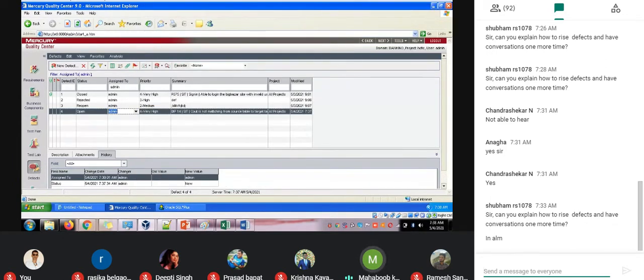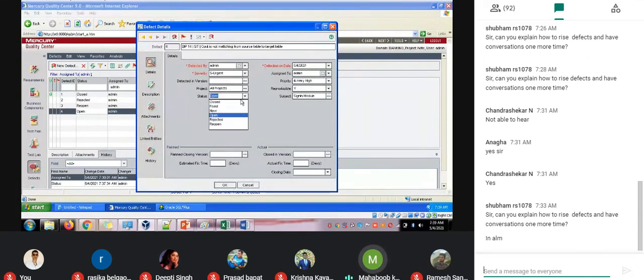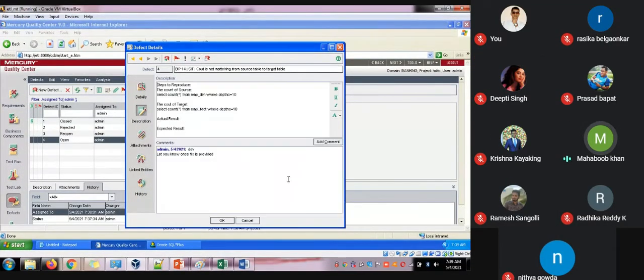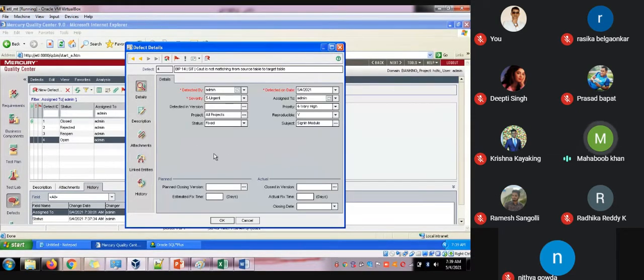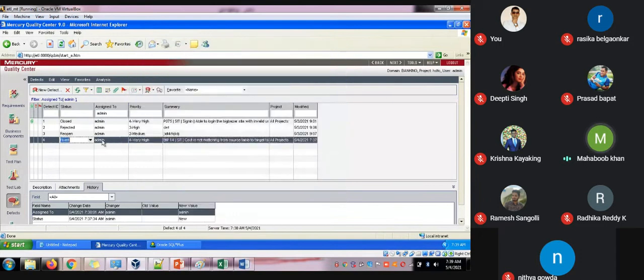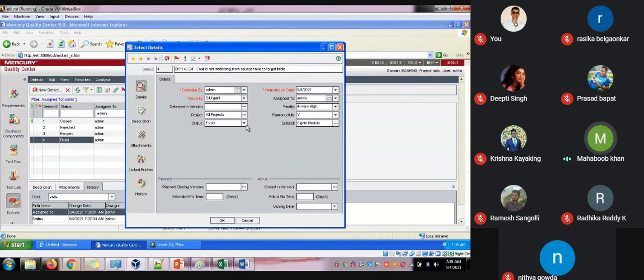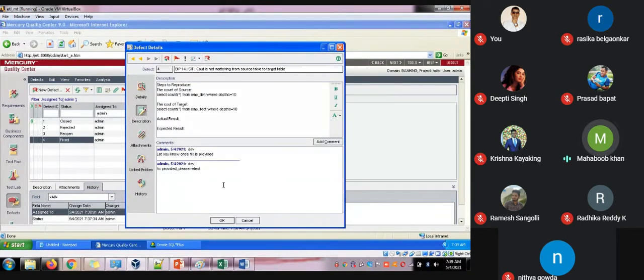So once the developer has fixed this defect, he will change the status from open to fix. And the description he will be providing is like, fix is provided, please retest, and he will change the status to fix. Like the developer, the tester can see the same thing and he will change the state. He checks that it is a fix, and then checks what fix he has given. So he is telling us to retest. So now retest it, saying that retest.